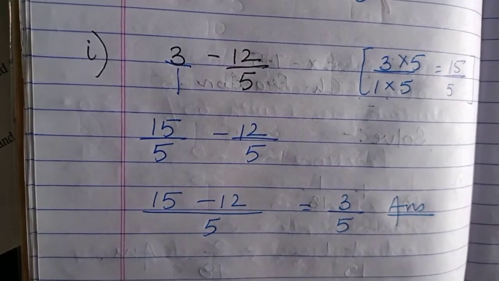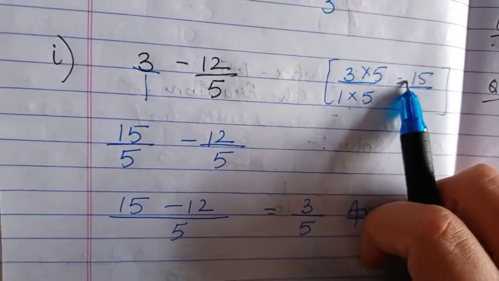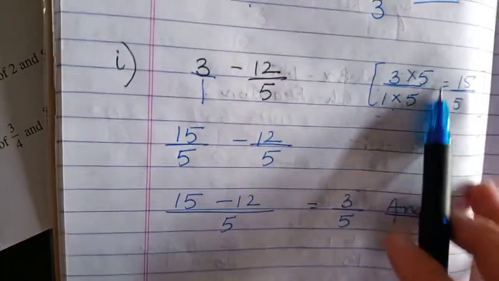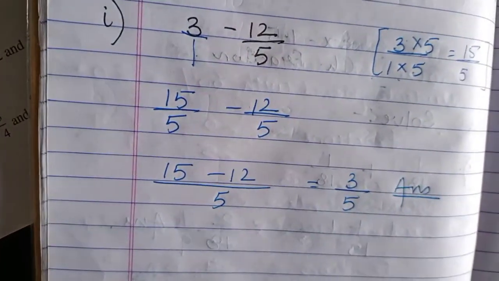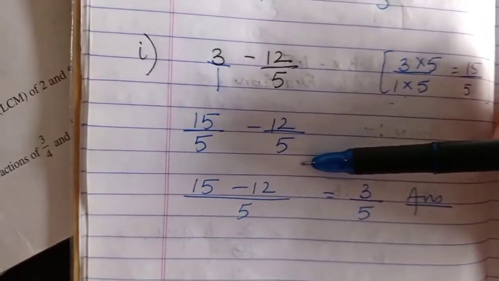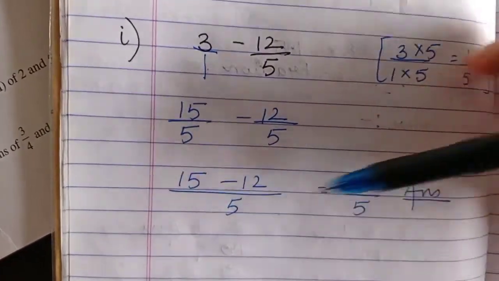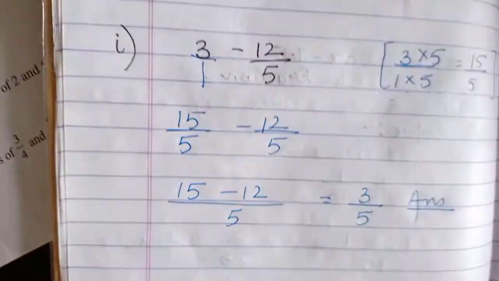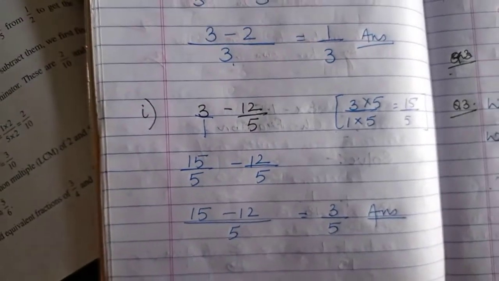Whenever you have to convert it into like fraction or equivalent fraction, multiply with the same number. So in place of 3 upon 1, I can write 15 upon 5. If you reduce it to the lowest term, you will get 3 only. So you have got the like fraction, denominators are same. We have to do the subtraction. 15 minus 12 upon 5 is equal to 3 upon 5. This is your I part. This is how you will do the remaining parts as well.